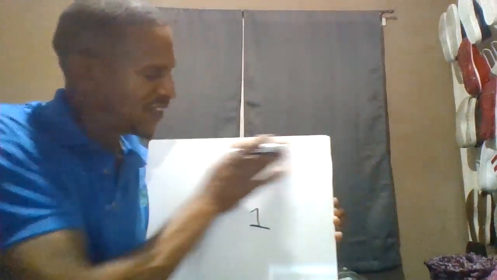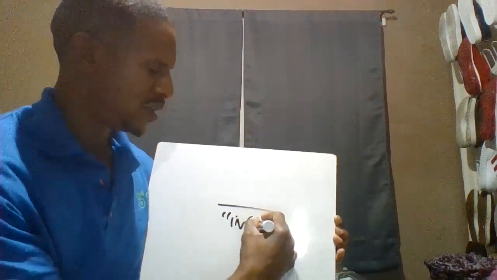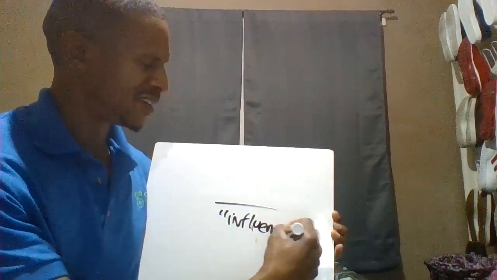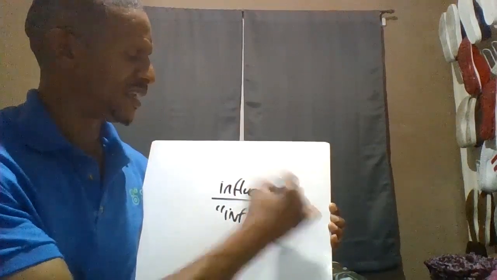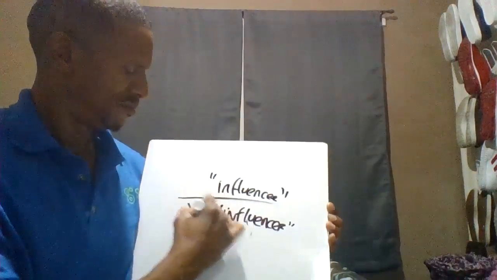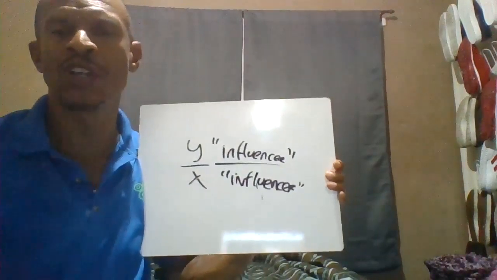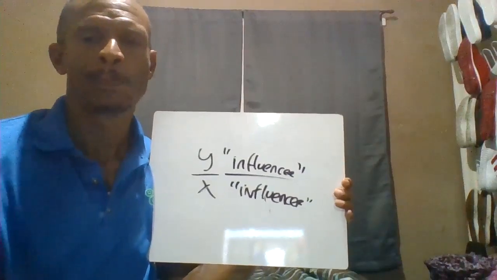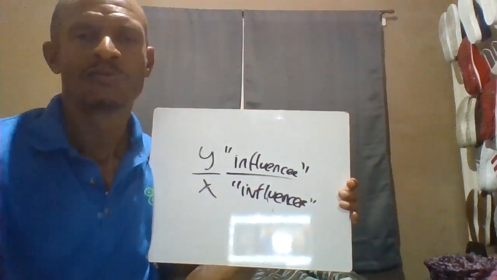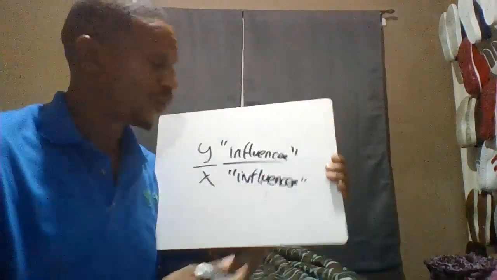Create a ratio. And as you create that ratio, I want you to think about influencer and influence. Think about that. How would you set up that ratio knowing now what you know about social media posting? Here's how you would set that up. Let's see if you got it correct. All right. So for the bros,